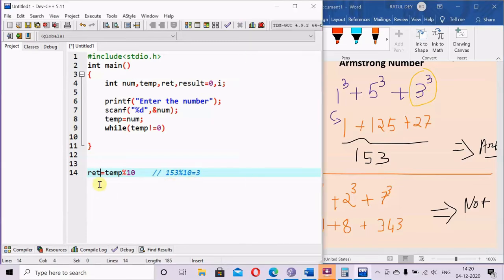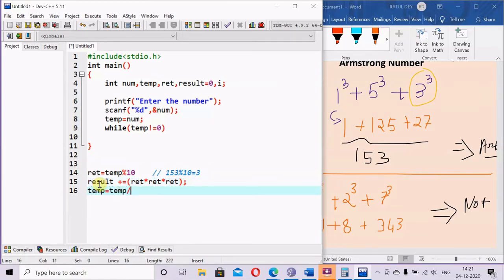So in the next line we have to write the result equals to the remainder multiplied with the remainder and multiplied with the remainder. This is 3 times multiplied. So you can understand that we are just cubing this number, multiplying 3 times, so cubing is happening. And then we have to use temp equals to